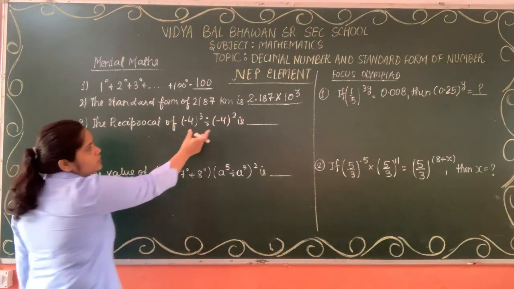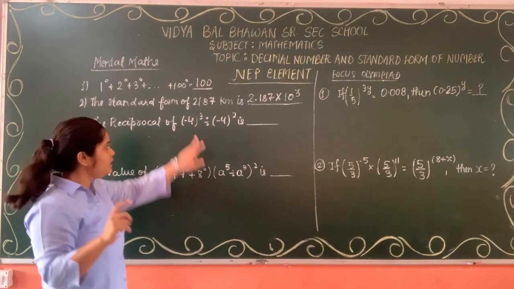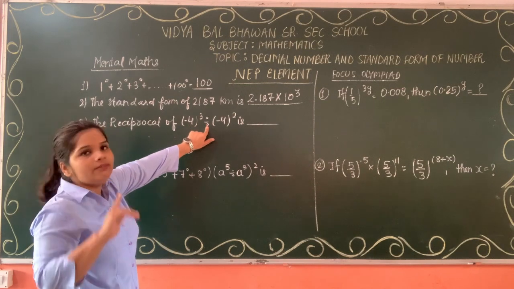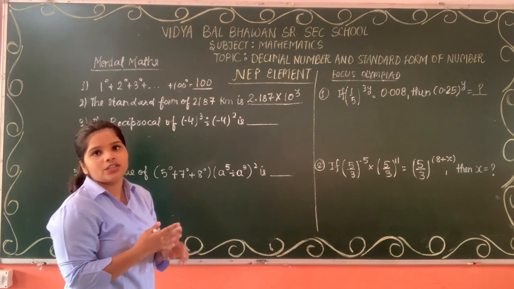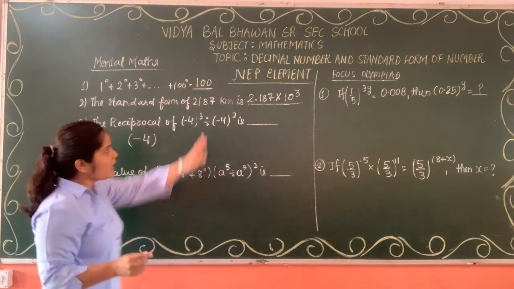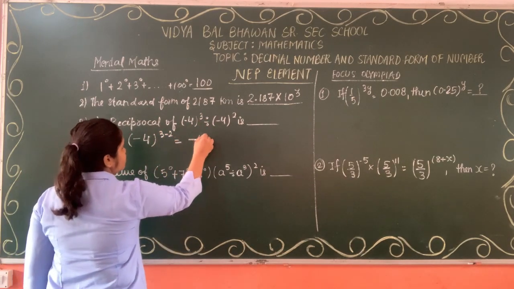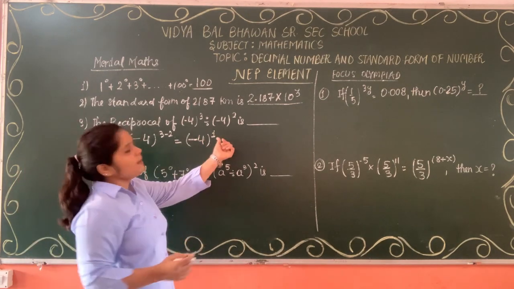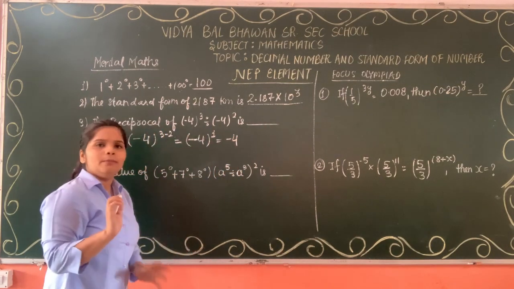So when you solve this, you will see this is minus 4, this is minus 4. They both have the same base, that is minus 4, and they are being divided. In that case, according to the law of exponents, we subtract the powers. So it will be minus 4 raised to the power 3 minus 2, that is equal to minus 4 raised to the power 1. You can skip writing this 1 or you can write it, so it will be basically equal to minus 4.